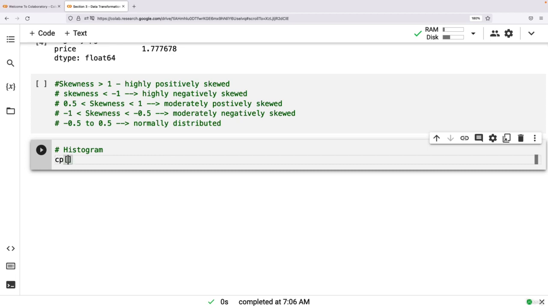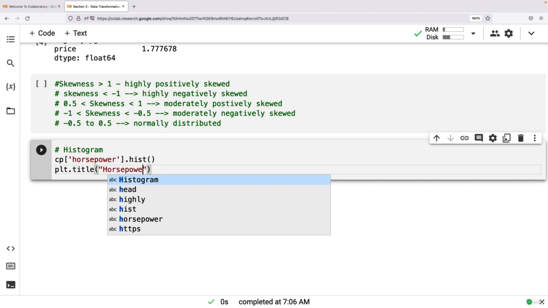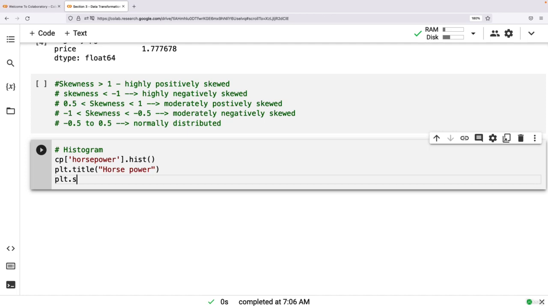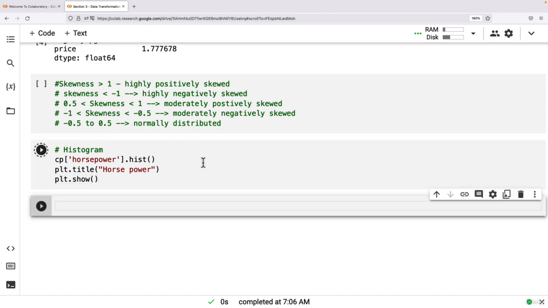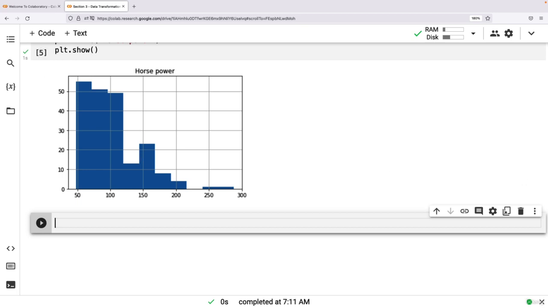Okay, I'm going to say cp horsepower dot hist. Okay, next I'm going to say title. The title I'll add is horsepower. So if we create a histogram chart, this will let us know whether this column follows the normal distribution